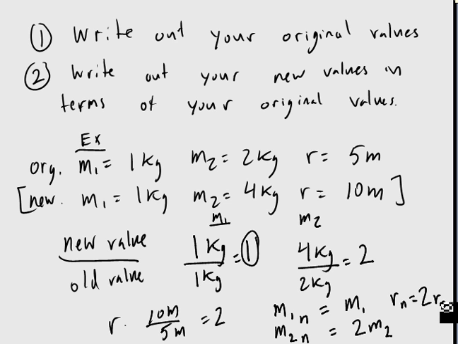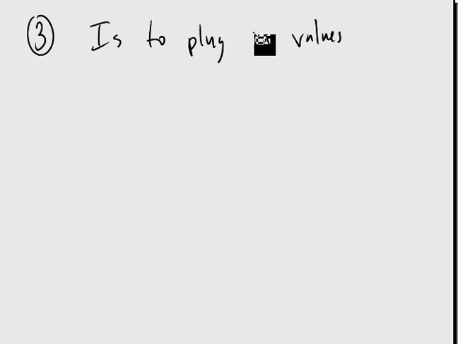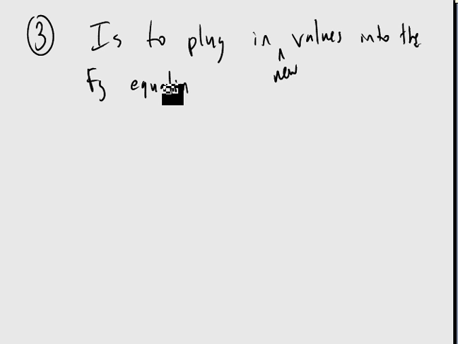So now once you have these values, step 3 is to plug in values, right? Plug in the new values into the FG equation and plug them in terms of the old ones. So now our normal equation just looks like this, right? Just as a reference. Our new equation,